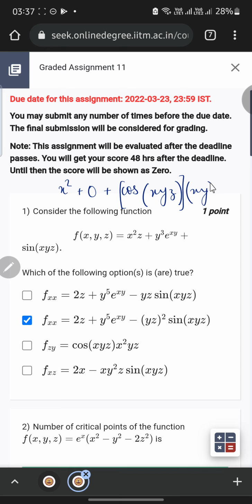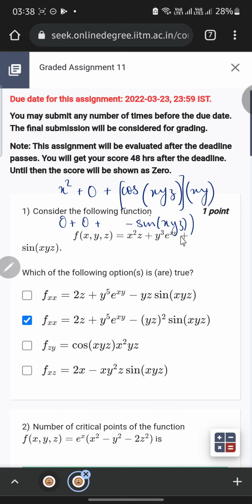Now I'll take the derivative with respect to y, so that would be 0 plus this remains 0, plus this would now be minus sine